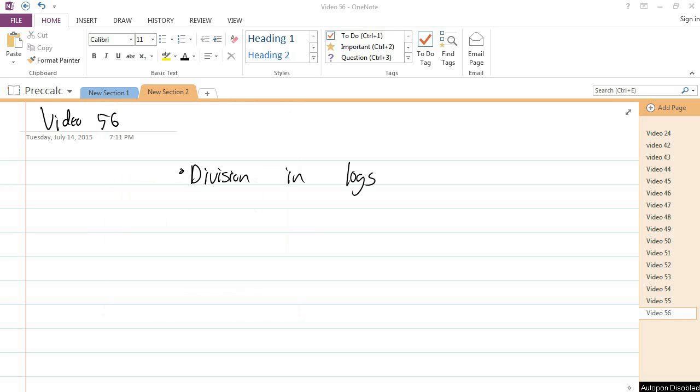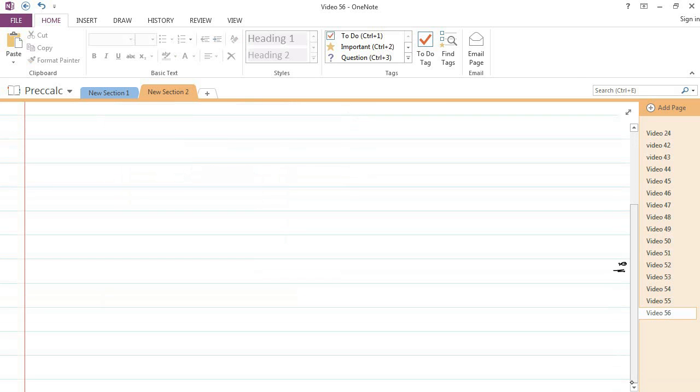So let's get started. This next property is the mate of the properties that we looked at yesterday. It says that if I take the log of something being divided,